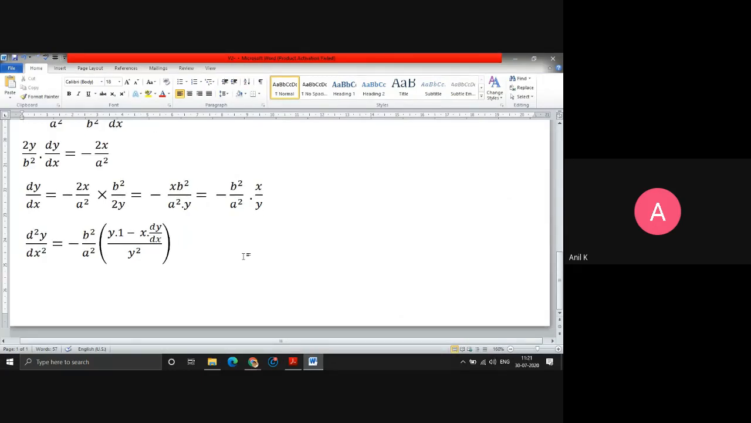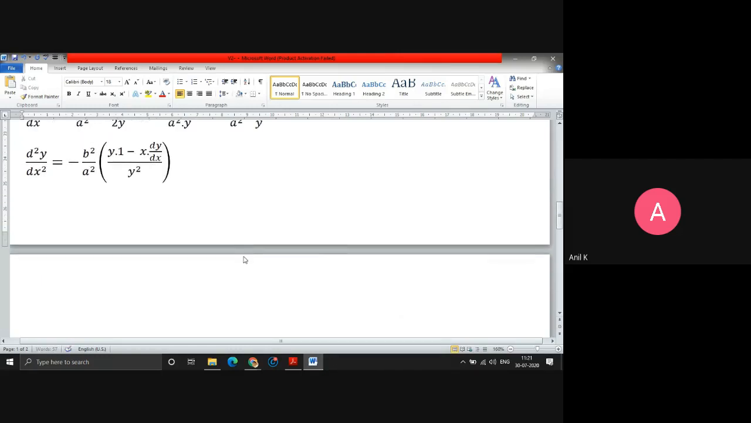Now we have to simplify this term. Let's see how you simplify it. I cannot say this is the final answer, because this answer still includes the b square upon a square value. So I have to eliminate that minus b square upon a square term. Now can I send this y square to the LHS side? So it will come as d square y by dx square